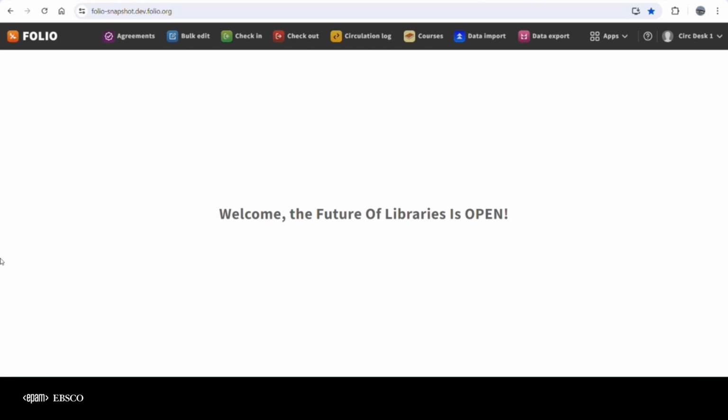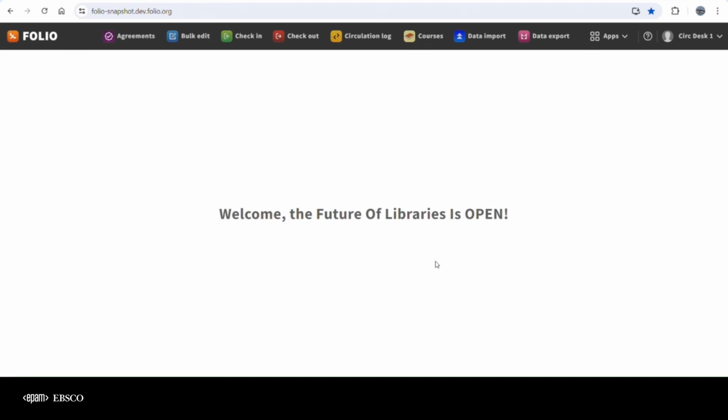Welcome to an overview of the reading room access functionality in Folio. This feature streamlines the management of patron access to various reading rooms and allows libraries to create reading room lists with default access for patrons, change default access in user profiles, verify patron details and access permissions when they arrive at the reading room, and register in the action log whether a patron was admitted or denied access to the